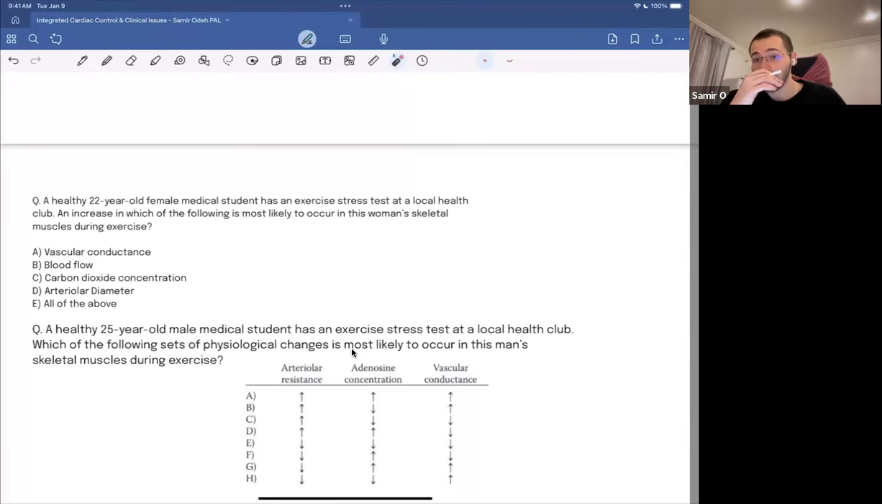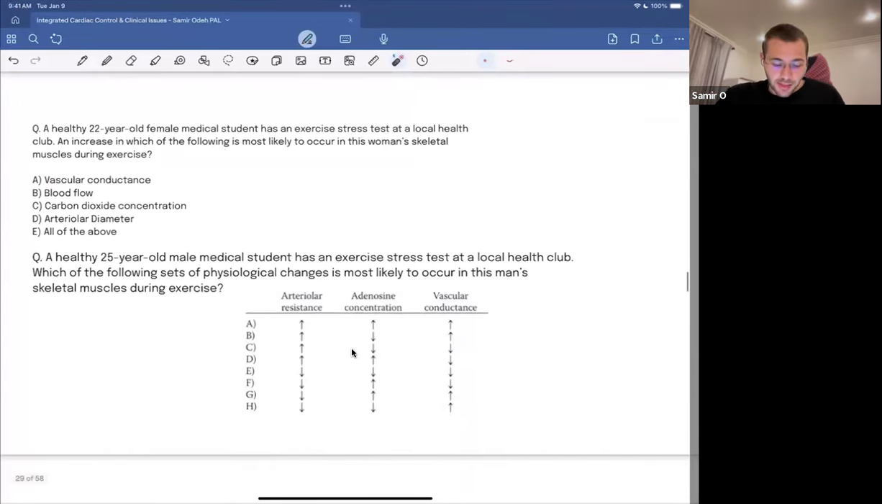You have increased carbon dioxide because of increased muscle work. You have increased arterial diameter. Essentially, these are all describing the same thing in just a different direction, and they're all related to each other. So more muscle work means blood vessels are dilated because it's allowing the muscle to take up more blood. Now, our second question,